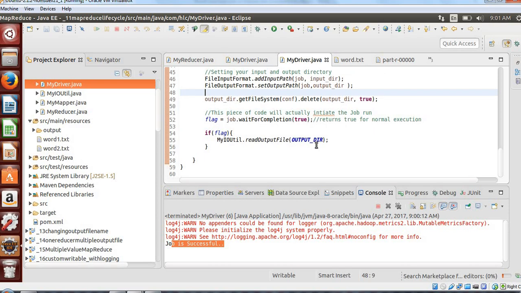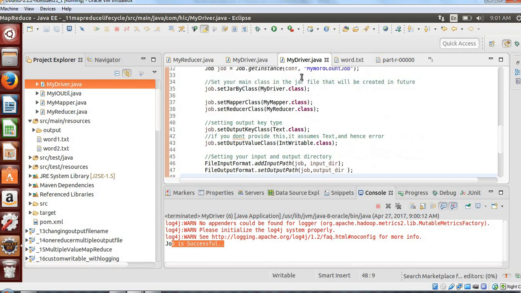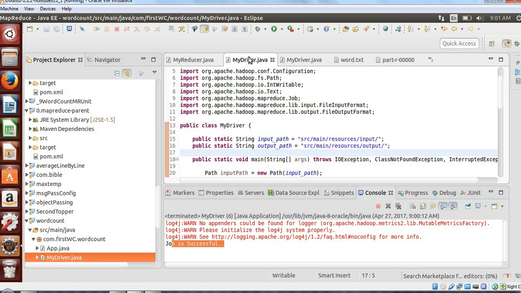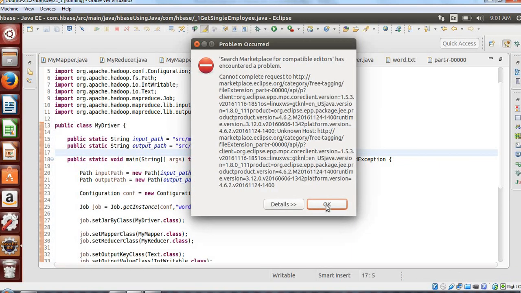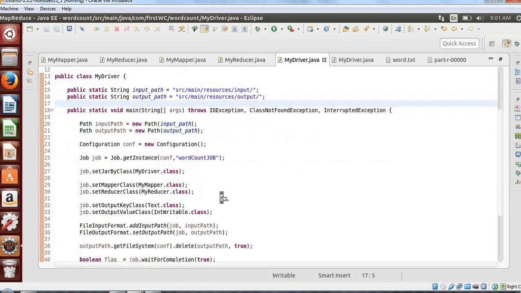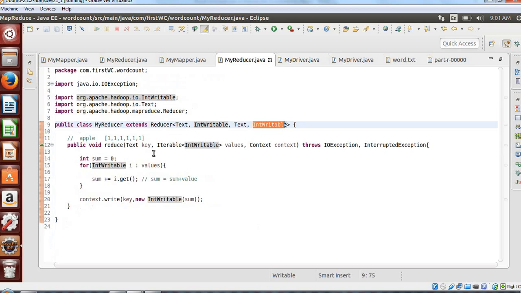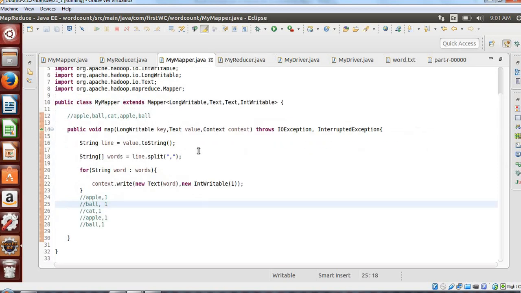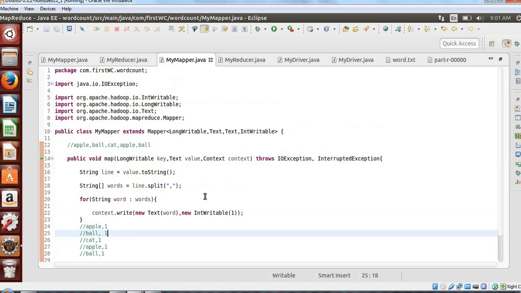I know I have used a few terminologies which might not be clear, but once you practice, you will understand. The driver class will be the same as it is. The reducer's inner implementation will mostly be different, and so will the mapper. If you practice the word count example in your own way, you will understand how it works and what the different pieces are.